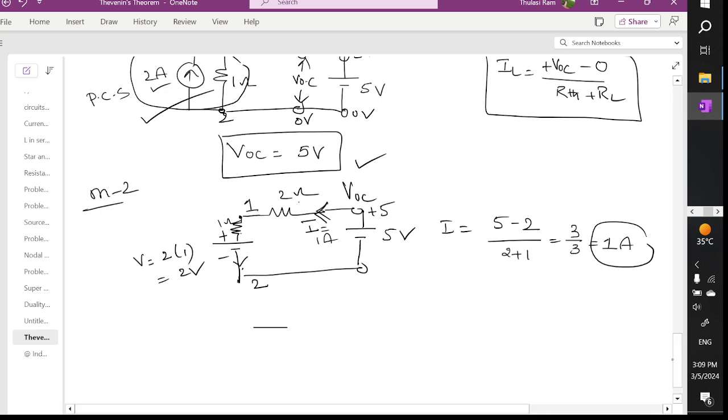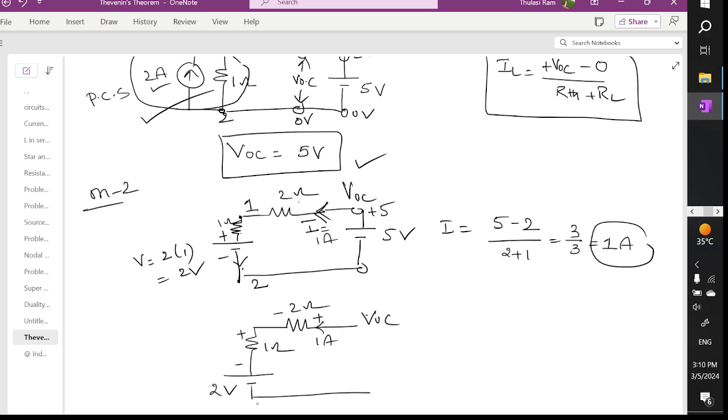So this is VOC, what you require. Current is flowing as 1 ampere, which constitutes a drop of 2 volts. And you have one more resistor here. The current flowing is from positive to negative, which constitutes 1 ohm. And again you have a voltage source here. This is of 2 volts, and you find out this VOC. Okay, now you see here, this is like this. This is the positive terminal and negative terminal. Whenever the current is flowing, it creates a drop. So apply